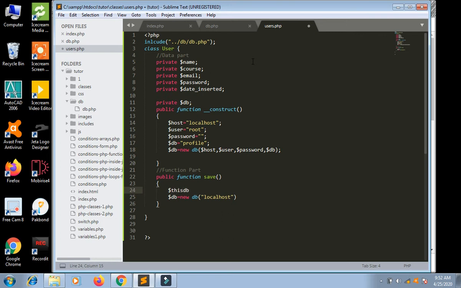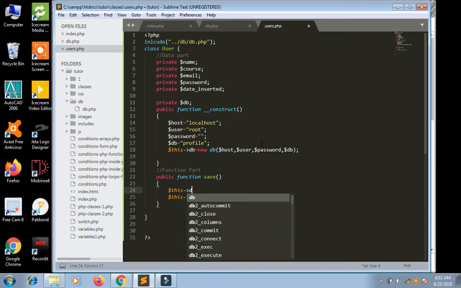And we should use the db of this class, not the argument. So $this->db, and $this->db->connect.